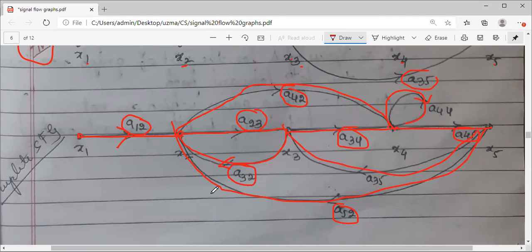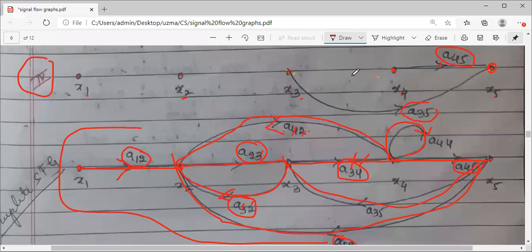So I hope this overall graph whatever we have drawn is understood by you. For the number of equations given to you, you have to draw that many individual signal flow graphs first. After that, at the end, go node by node, check the gains, and finally the overall signal flow graph can be drawn by interconnecting all those individual graphs together. Hope this is clear to you. Any doubts you can ask me.